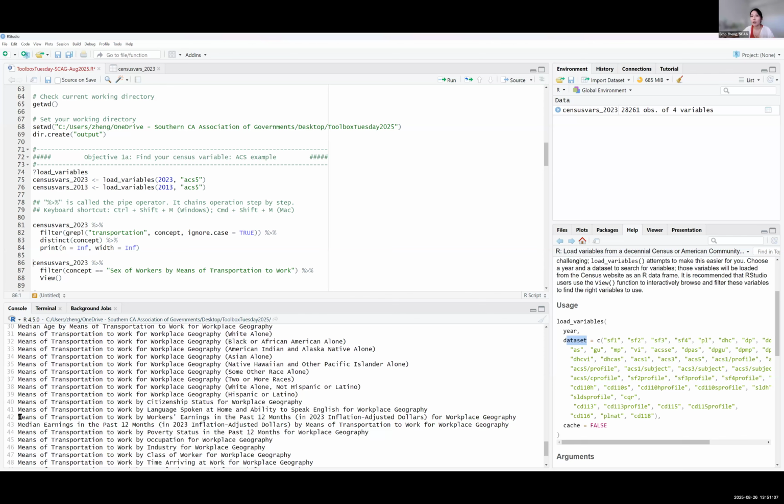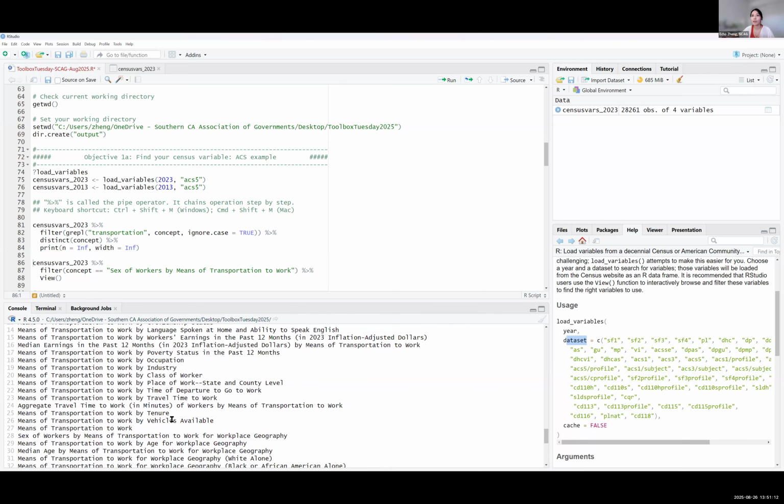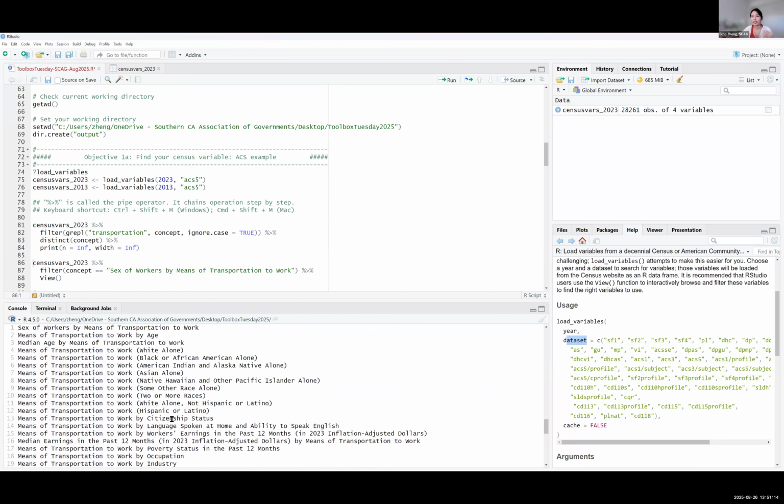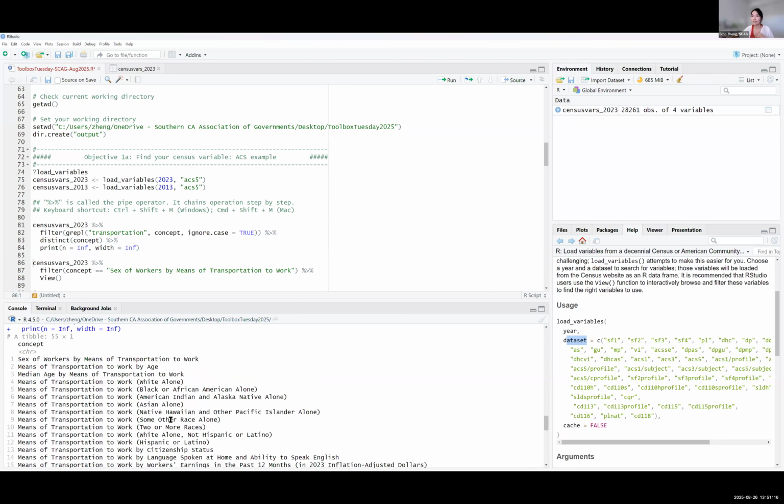Some are more complicated, definitely longer. But to me, I think this is a slightly easier list to go through compared to the 2,000 entries or a dictionary of all the variables within ACS. So here you can sort of get an idea what would be a helpful table to look into.